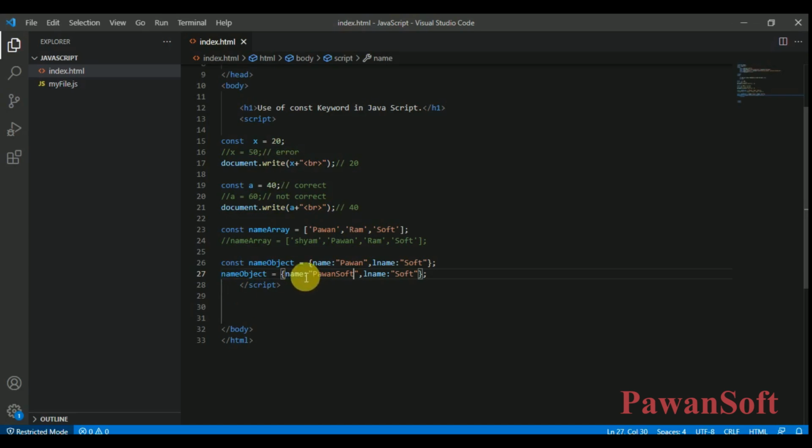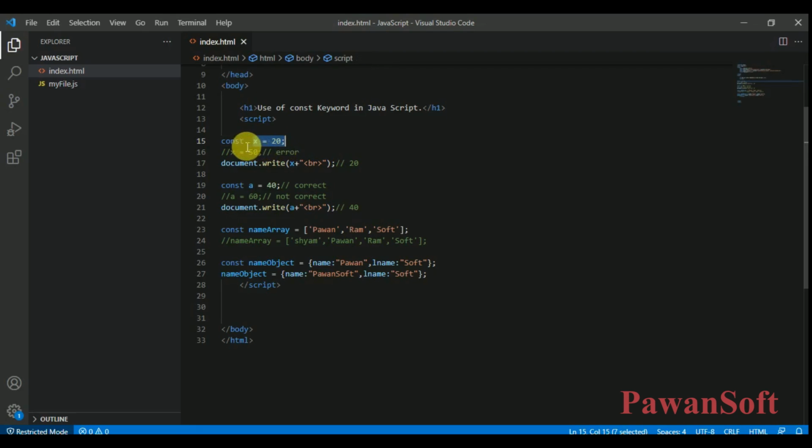So reassignment is not allowed using the array, using the object, using the variable. When you declare any variable using the constant keyword, redeclaration is not allowed, reassignment is not allowed, right? And you have to initialize in a single line only.